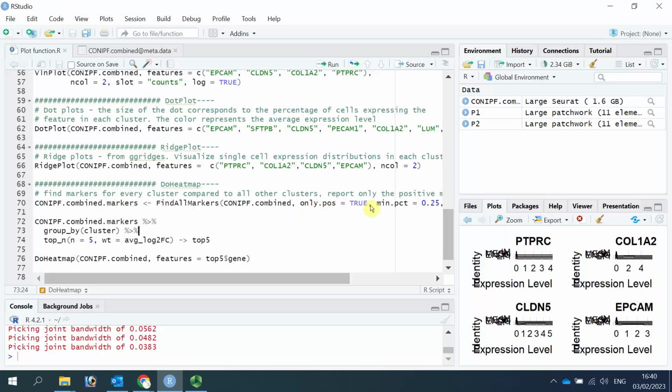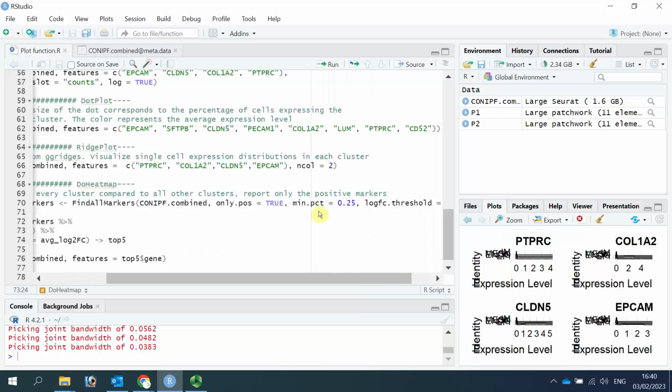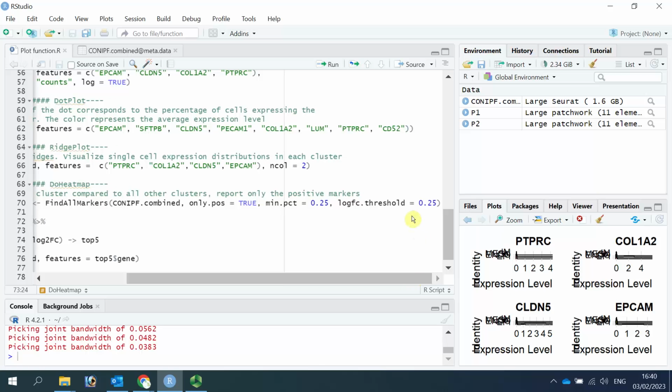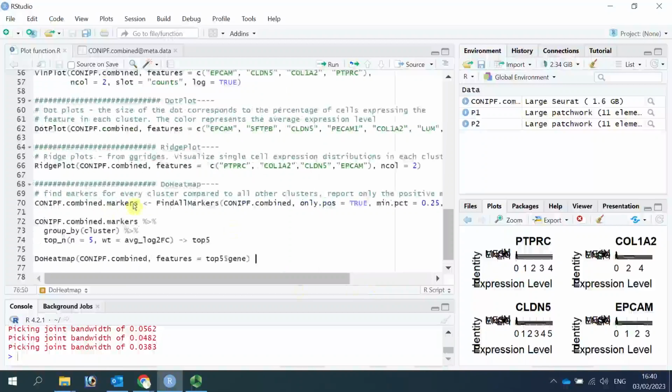We set this feature as true to return positive markers and with a minimum percentage expression 25% in each cell cluster, and the fold change threshold as 0.25. So let's run this function to find the markers for each cell cluster.